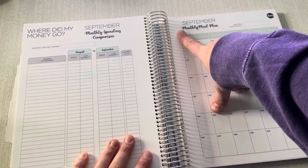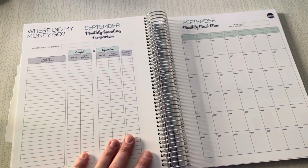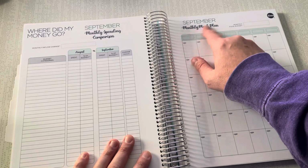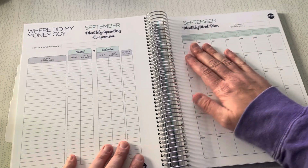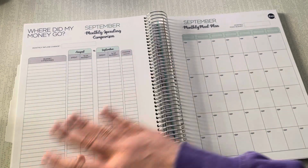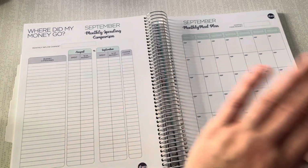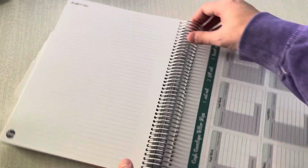You can always change this to something else. You don't have to use these for what they are. That is where whiteout is beautiful. If you don't want to do a monthly meal plan, this could be a workout log. Are you working out every single day? This could be a no spend. You could also use it on that, but if you want them separate, it really can be used for whatever you want. And then on the back of here are the ability to cut out